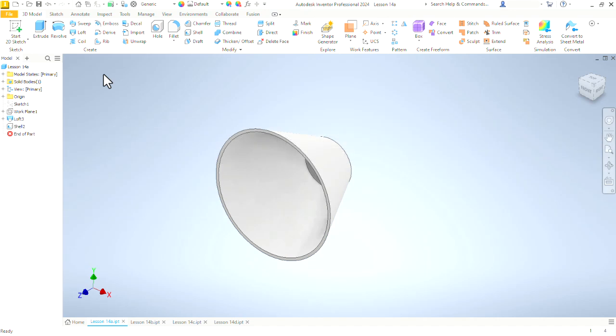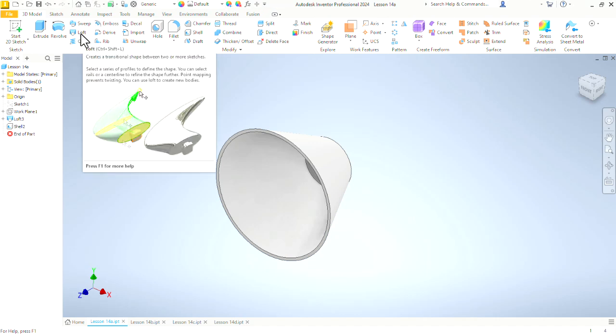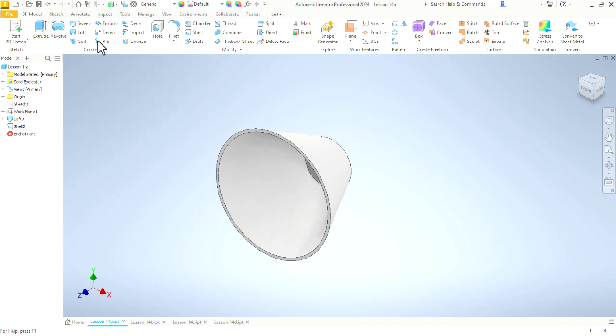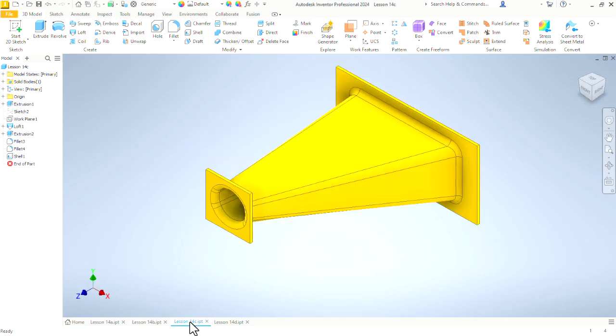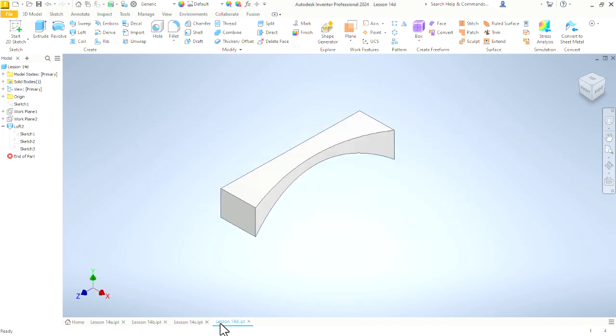This is lesson 14 in this Autodesk Inventor series. In this lesson, we're going to look at the Loft command. Loft creates a transitional shape between two or more sketches. What does that do for us? That lets us create parts that look like this, like this, like this, and like this. Let's begin